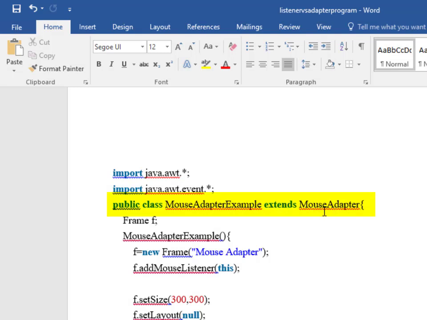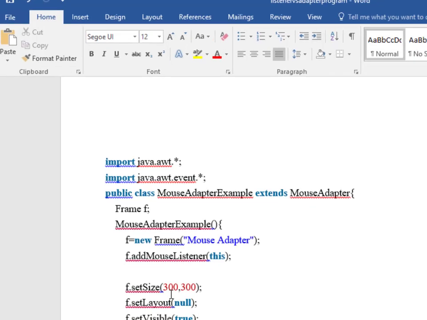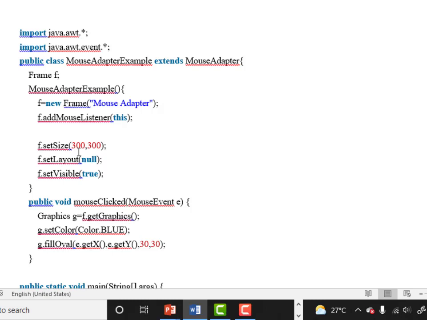Now I am not implementing any interface here, I am extending the MouseAdapter class. Inside that I am creating a frame object, and I am creating a constructor. Inside the constructor I am creating a new frame, and I am adding the mouse listener to the frame. I am setting the size of the frame, the layout of the frame, and the visibility of the frame to true.